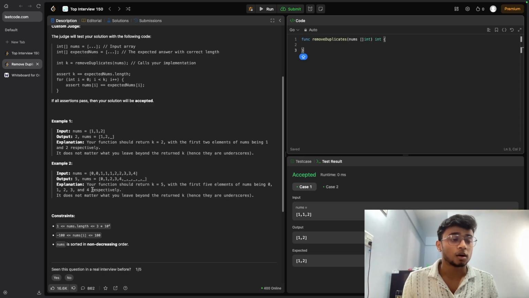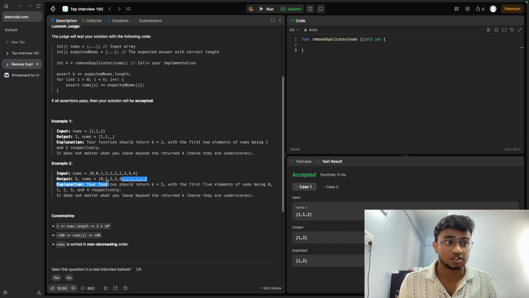So let's take this example. You have nums, which is 0, 0, 1, 1, 1, 2, 2, 3, 3, 4, and you finally return 5, which is the number of unique elements in it. And also you update the nums array in place so that your non-duplicate elements are stored in the first 5